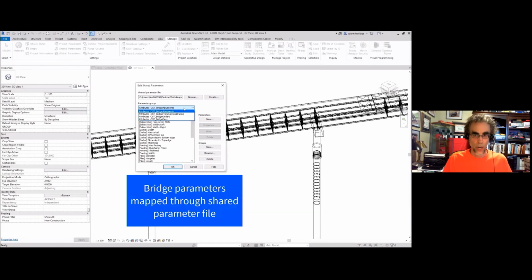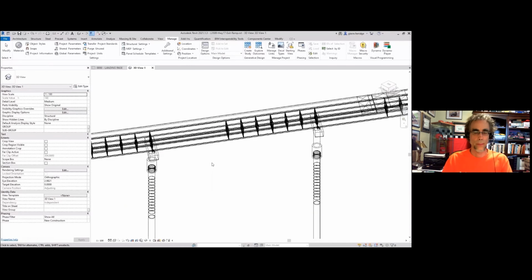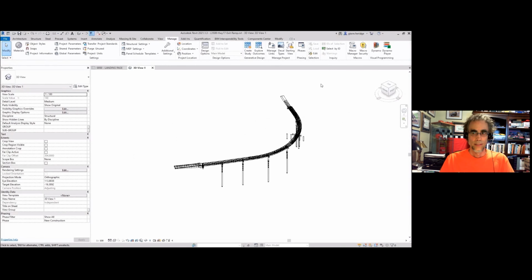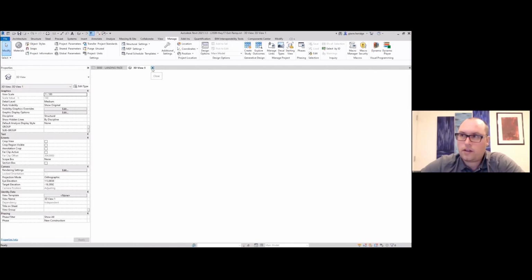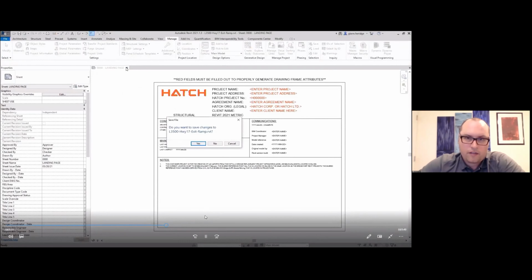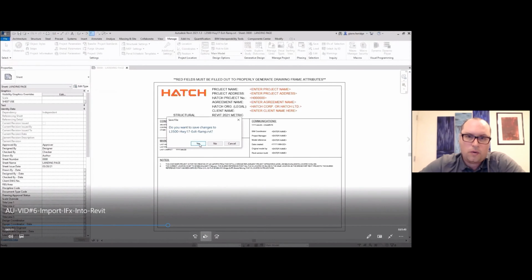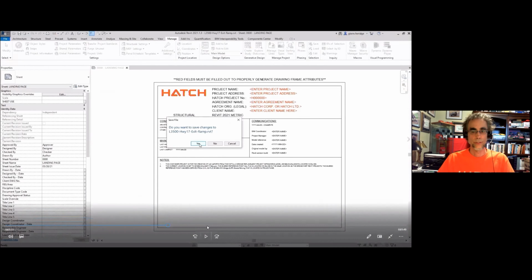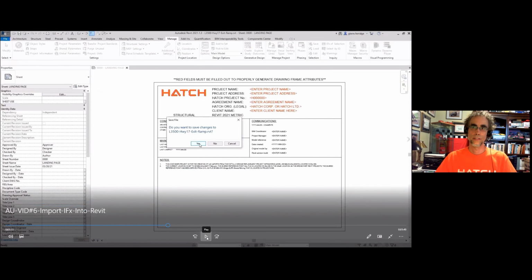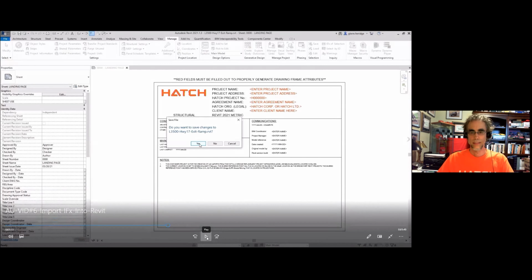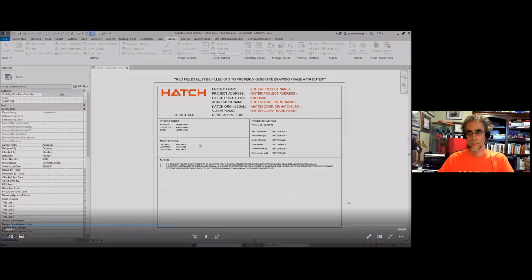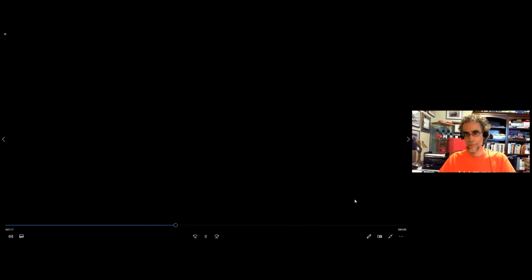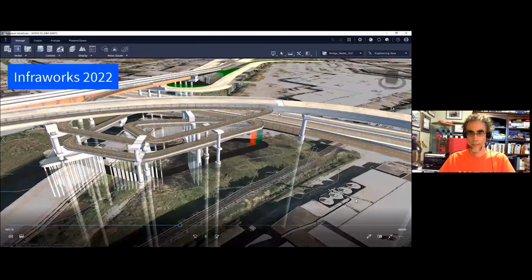And the shared parameters are populated with all of the parameters from the InfoWorks model and from the Inventor model. Yeah, and that part right there you can almost stress again, because every single parameter for every single component in the entire bridge will then come in as something you can tag into Revit. Yeah, I think in this case it's the used parameters. So if one is not used, it won't come in. But yeah, it's amazing. Honestly, I've been doing this for over a year in this process, and I'm still amazed by it.